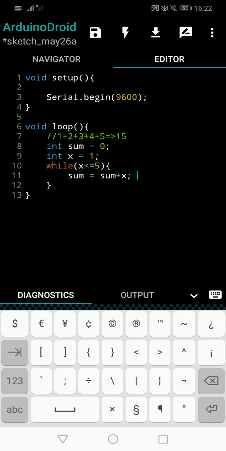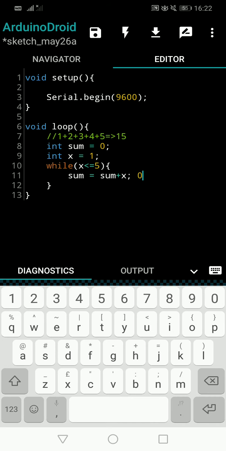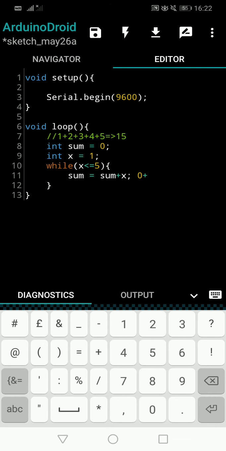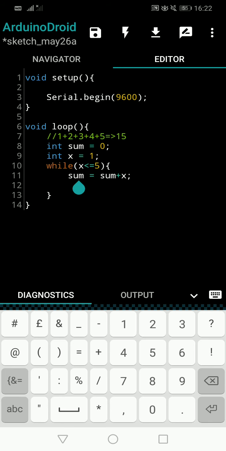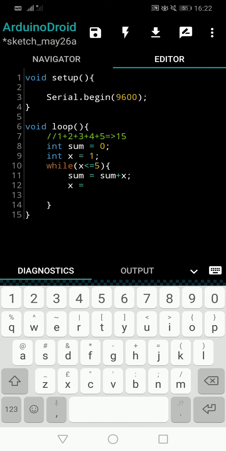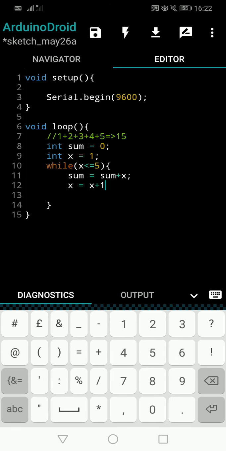The right side sum means the current sum, and the left side is the new value I am trying to assign to sum. That means the 0 will not be replaced. Always remember, in programming, if you say x is equal to x plus 1, we have done this already, right?